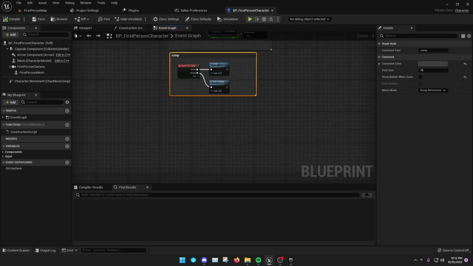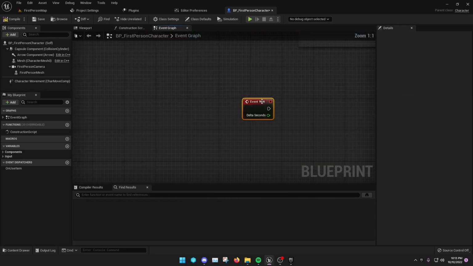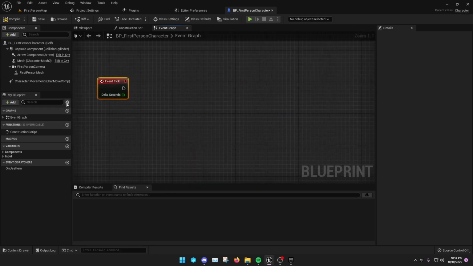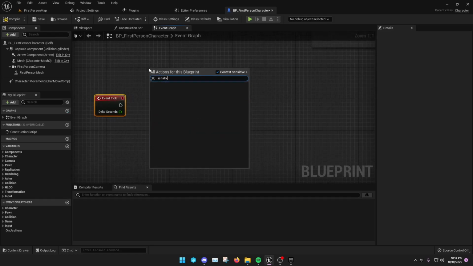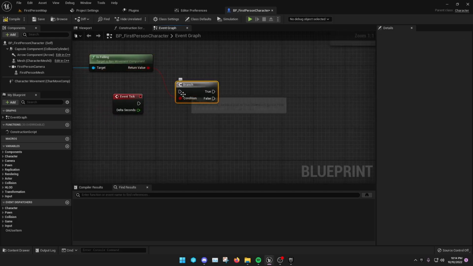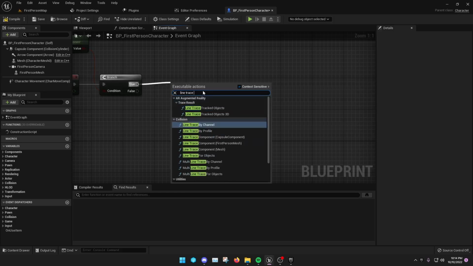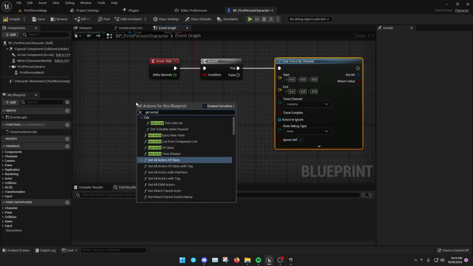Once that is finished, we want to get the event tick function, show inherited variables, and do a check if the character is falling in the character movement component. If that is true, we want to do a line trace by channel off of the actor's location